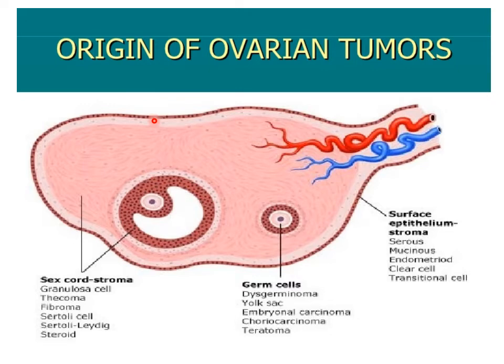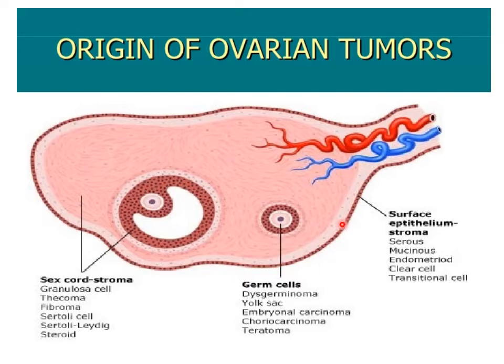So how and from where do the ovarian tumors originate? There are three locations. From the outermost layer, that is the surface epithelium, the ovarian tumors that we call the surface epithelial tumors arise. What are the various types of surface epithelial tumors of the ovary? These are serous tumors, mucinous tumors, endometrioid tumors, clear cell tumors, and transitional cell tumors. So this is the list of surface epithelial tumors that arise from the